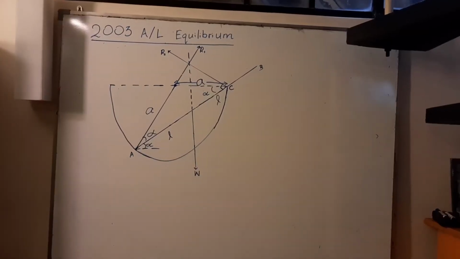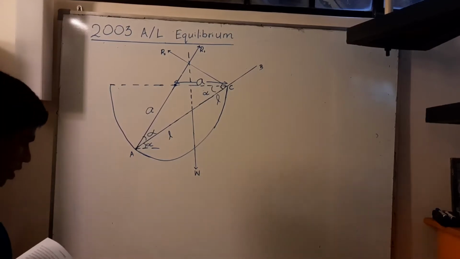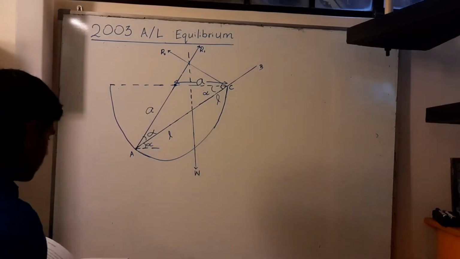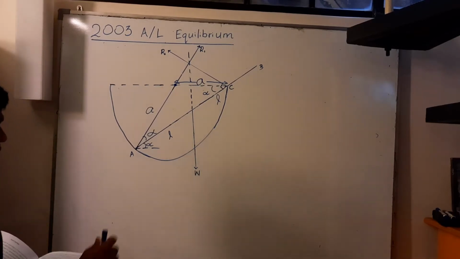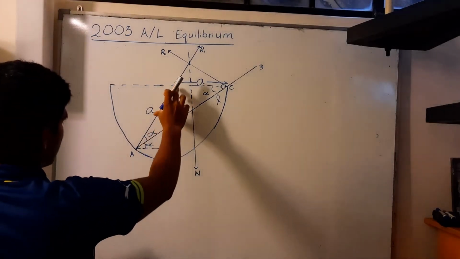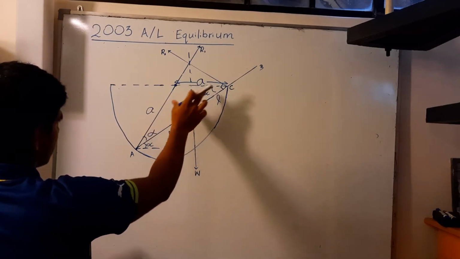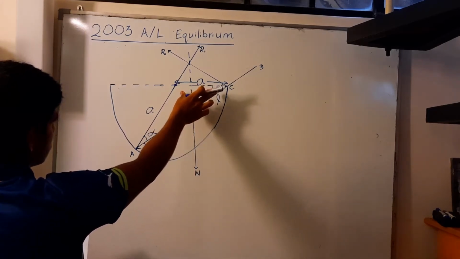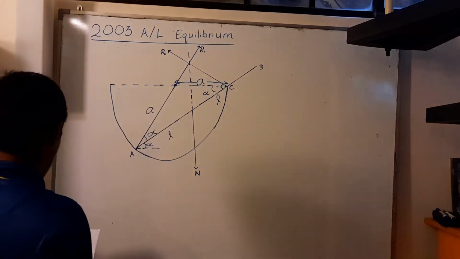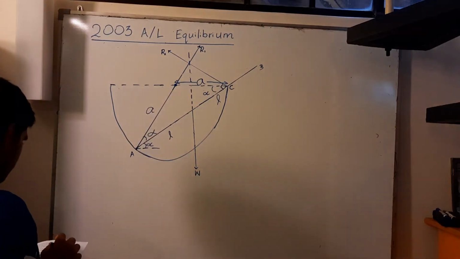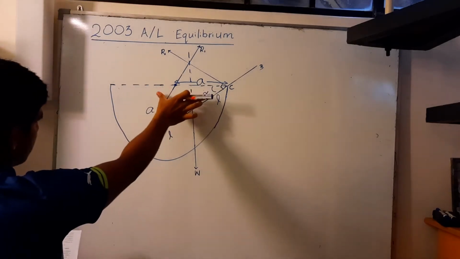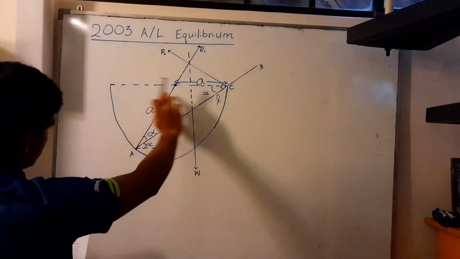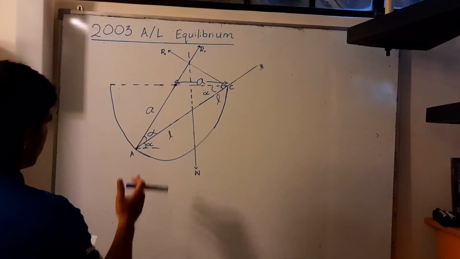Alright guys, so let's get straight into the question. As you can see, I've drawn the diagram over here, so I'll just take you through it briefly. They say a thin smooth hemispherical bowl of radius A. This length over here is the radius and this is also the radius, so I mark both of those as A. This is fixed with its brim uppermost and horizontal. So its brim is horizontal basically, and it's vertical like this.